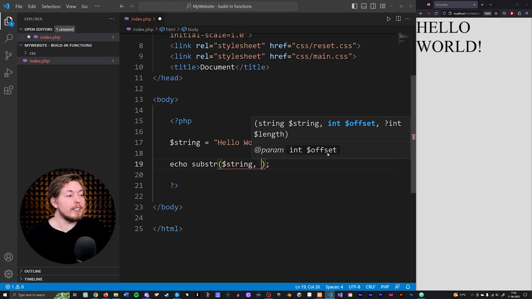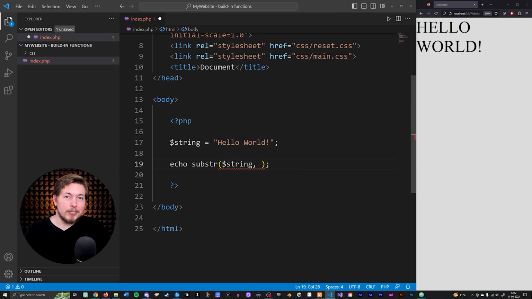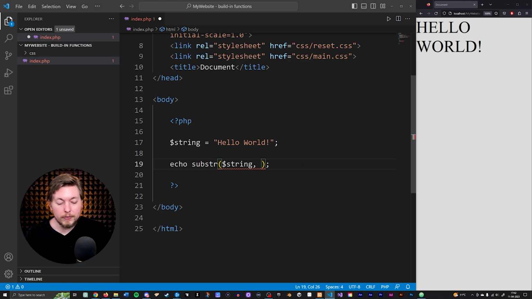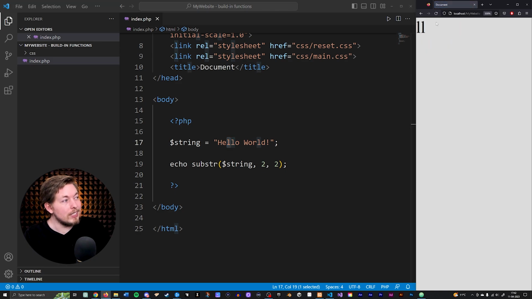Then I'm going to say comma, and then I want to say, where do I want the offset to be? So where do we want to start from? And in this case here, I could say we want to start from the index of 2. So if we were to go inside my string and count, this is going to be 0, 1, 2, which means that we start here. And then I want to have a length set to 2. So from here and then 2 forward, which means that if I were to save this, you can see that